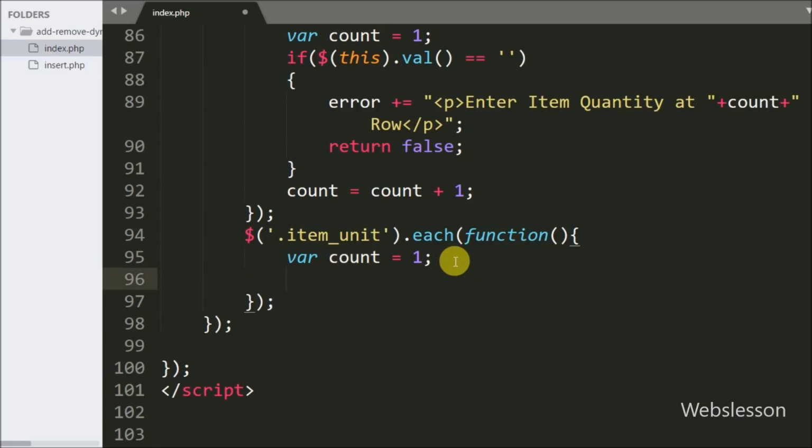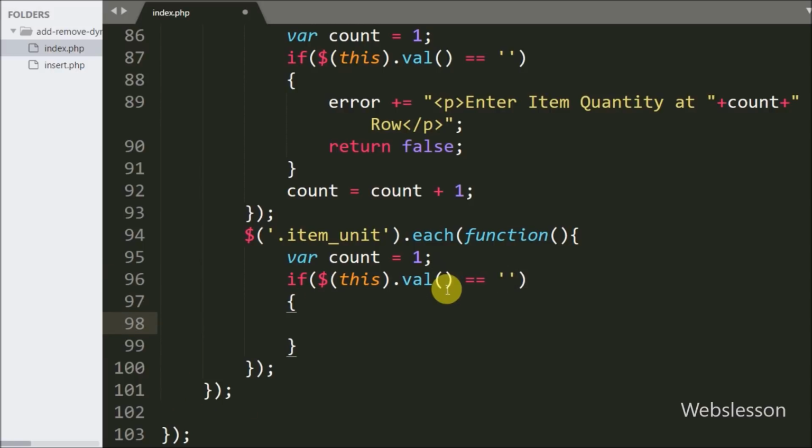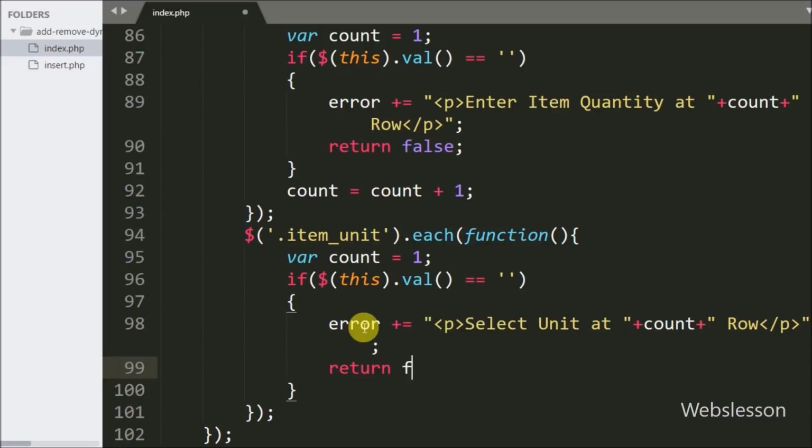After this we have written an if statement, and under the condition we have written $this with the val method equal to blank value. This code will check whether the particular item unit select box has some value or not. If the select box has no value, then it will execute the if block of code. Suppose the item unit select box has no value, then under this we have written the error variable, and in this we append an error message like "Select item unit at row",